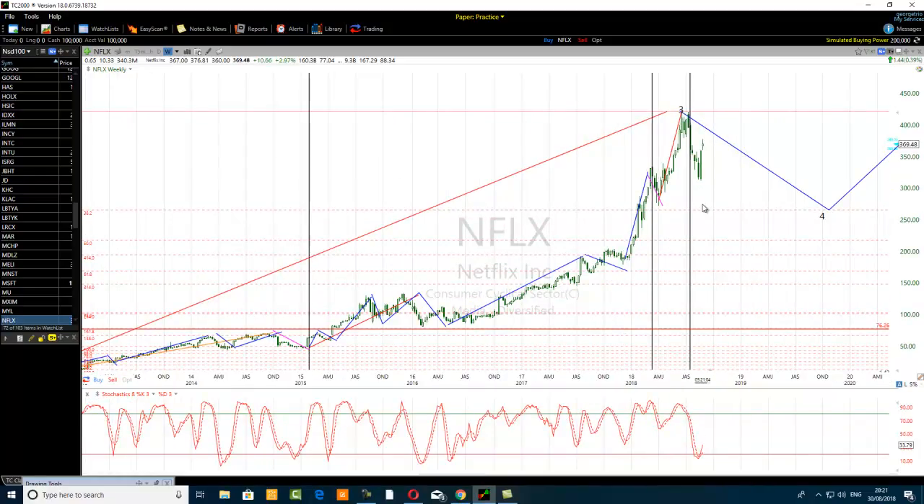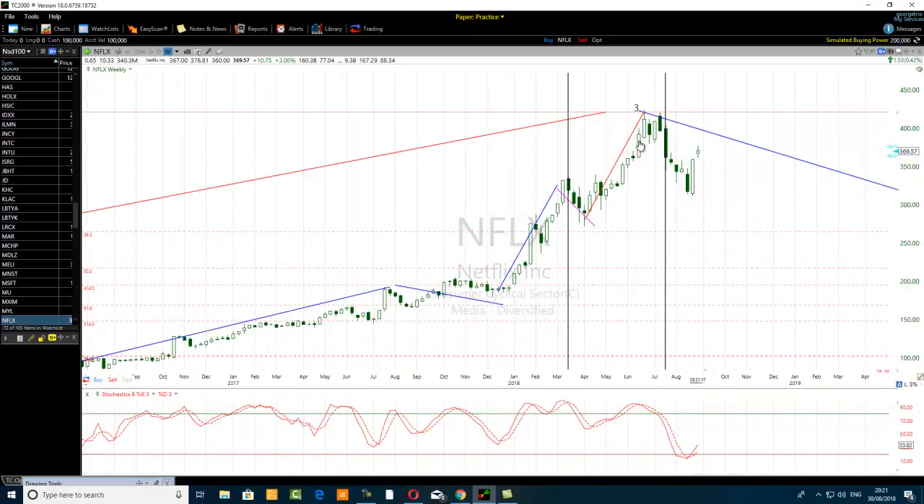Why? Because you see here, this is the fifth mono wave of the third wave of a higher degree. That fifth mono wave can be extended. But if you look carefully, the reason why I'm thinking that probably this is a section of the fourth wave of a higher degree is because you can see that this moved down, went into